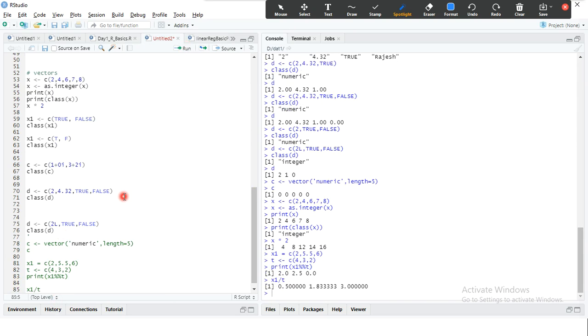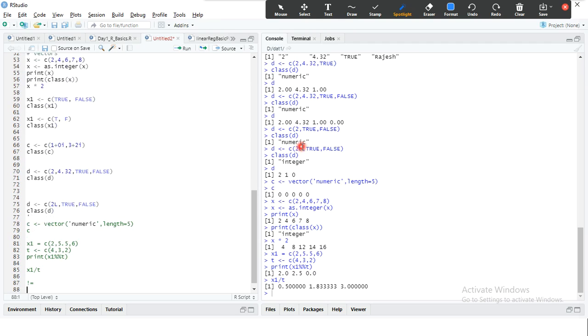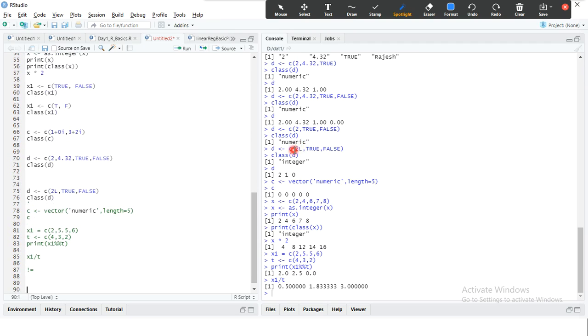A relational operator, we know, less than, not equal to, equal sign, double equal sign you are supposed to use. Not equal to, this one we use. A logical operator, the ampersand is for and, pipe is for or. So they are the same thing, nothing much different. And we have something called double ampersand. What is double ampersand? When are we supposed to use it? That is called your logical AND operator.